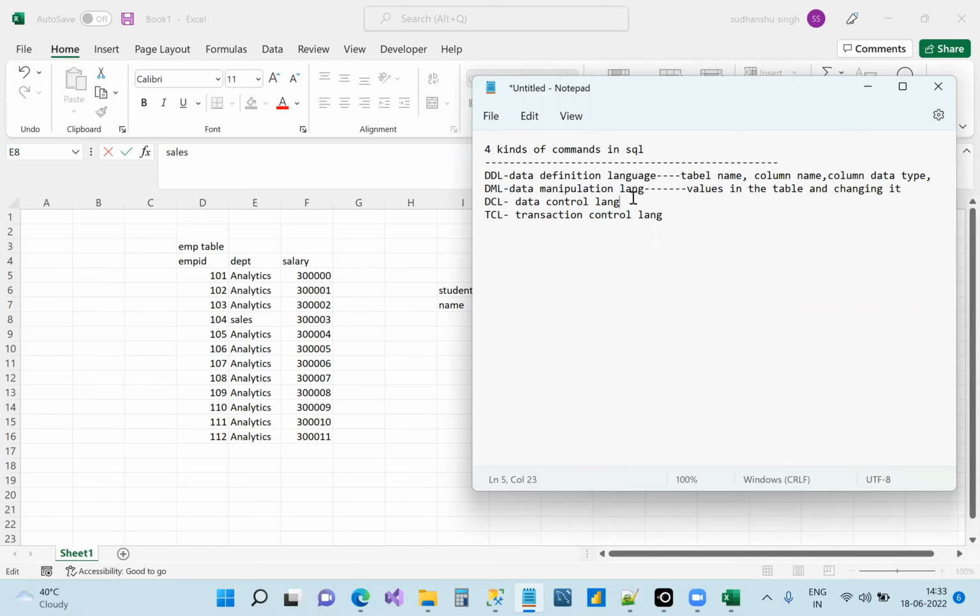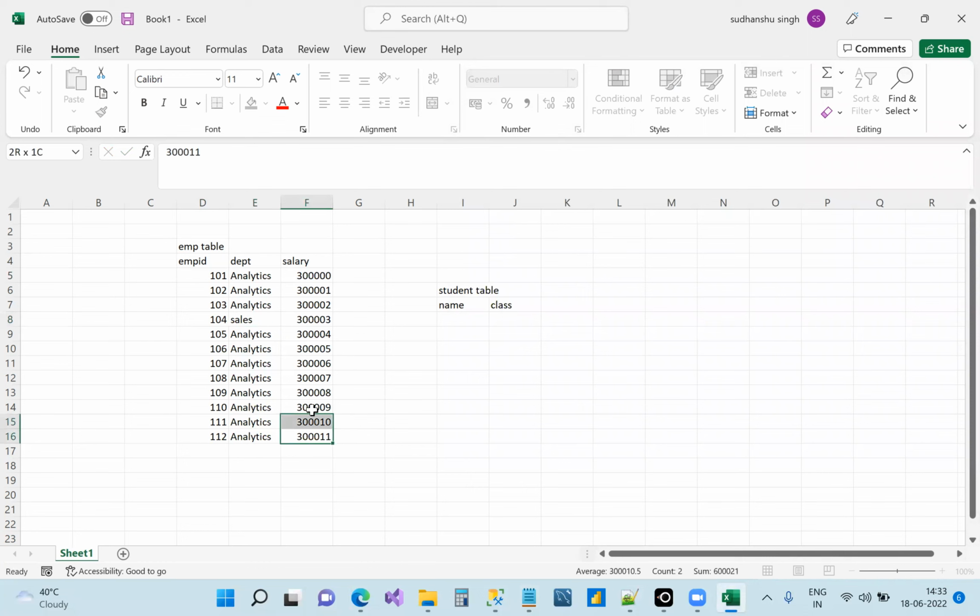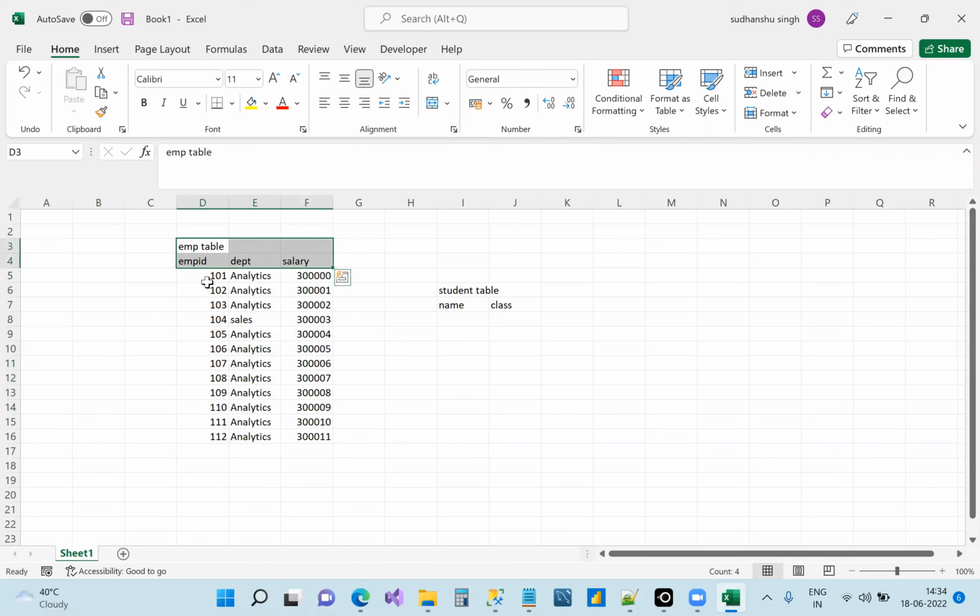Okay. Data control, what does it mean? Suppose once I have made this table, okay, first step, it required me to do data definition. It means I have to tell the table name, structure and everything. Then I had to write the data manipulation, that is all these things. Once I have done that, created the table and everything, who should access this table now? Who can access it? Who can view it? Who can make changes in this?